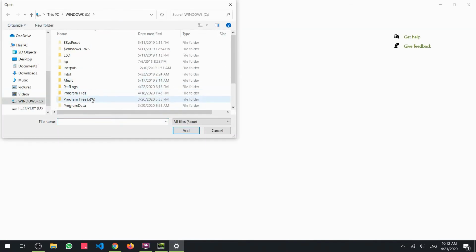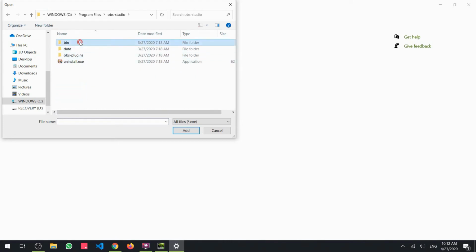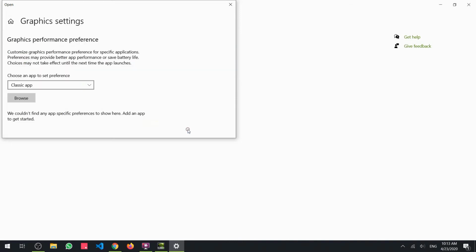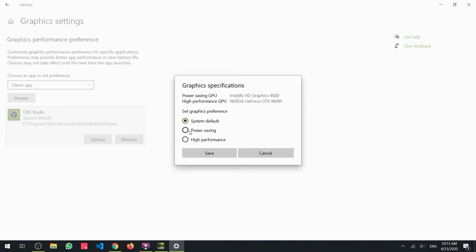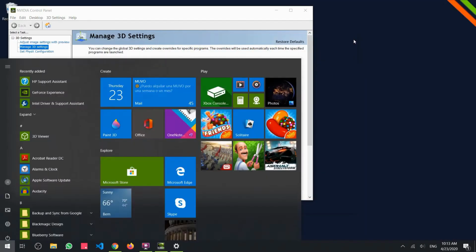For me this is C, Program Files, OBS Studio, bin, 64-bit, obs64.exe. So this is what you have to add to the program, and you get it here. You get some options, you just click here and you use Power saving. You save that, you restart OBS,